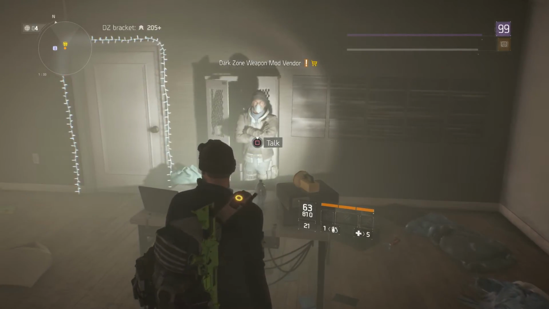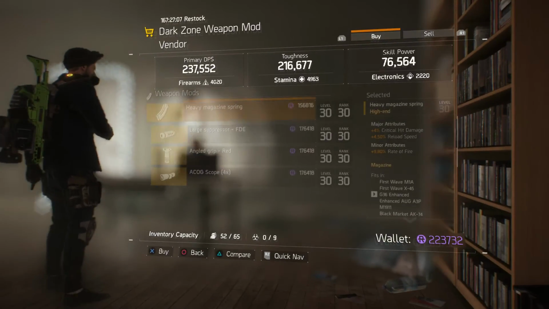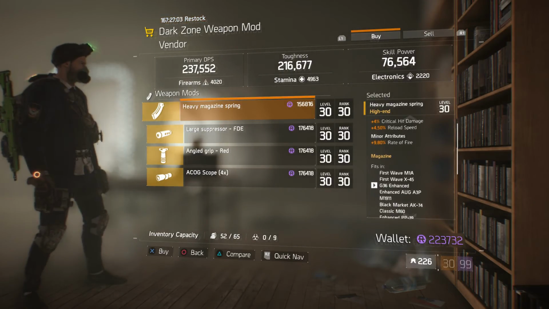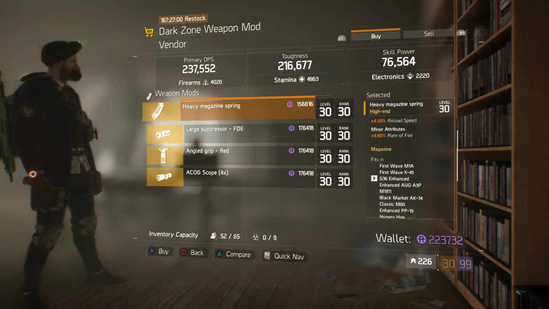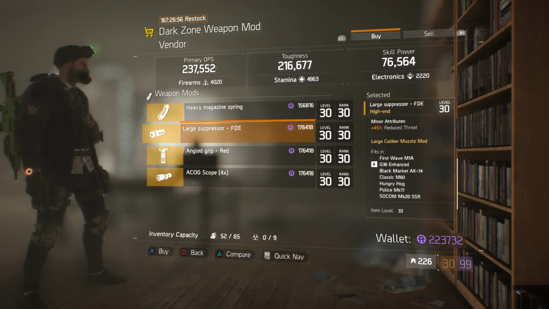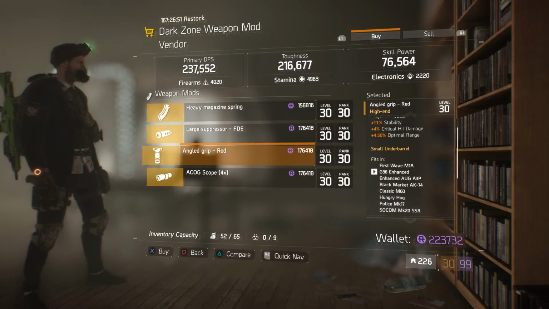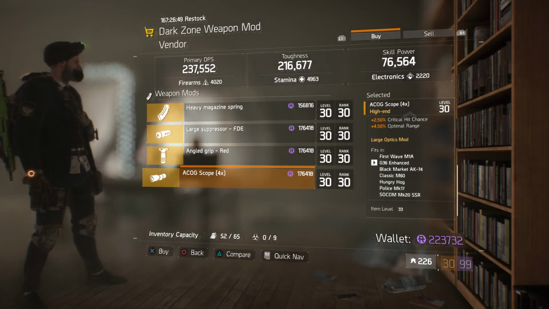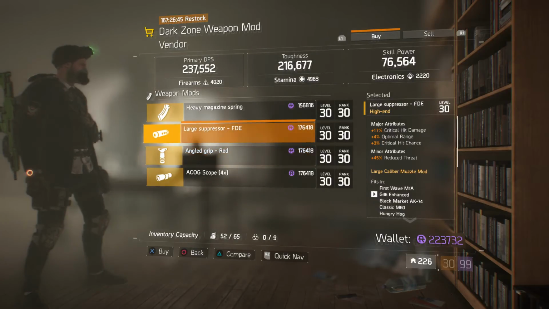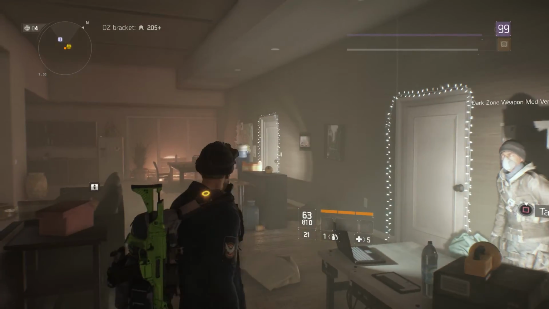Alright agents, we are here in DZ05. Let's see what the weapon mod vendor has for us today. So he has a heavy magazine spring with 4% critical hit damage. It's also nice. He's got the large suppressor, which is also pretty decent, not horrible. And then he's got the angle grip, as well as the ACOG scope 4 times. I would skip the ACOG scope, but the suppressor and the grip might be nice. I still like magazine size on my...